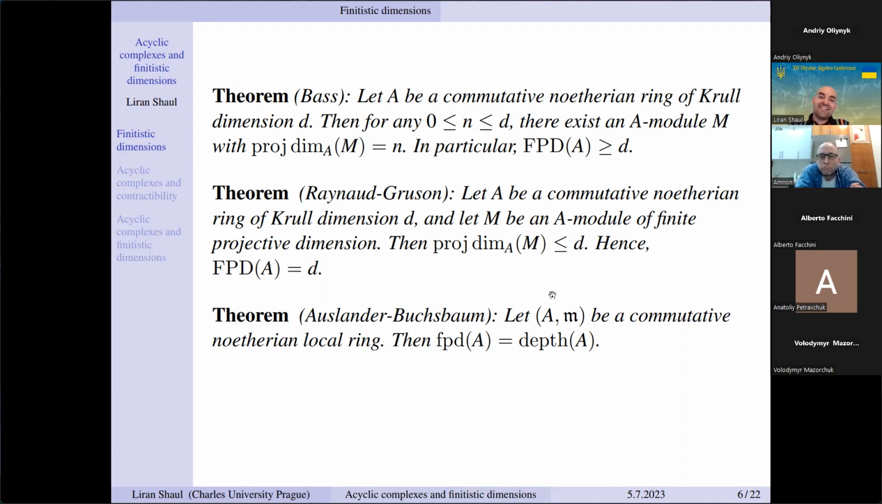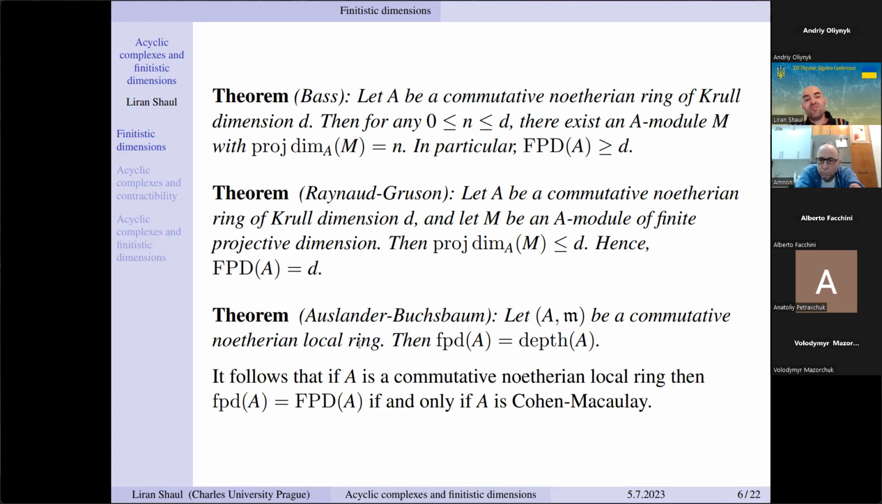And then it's nice to combine these two and ask, for a Noetherian local ring, when is the small finitistic dimension equal to the big finitistic dimension? And we see here that the big one is Krull dimension, the small one is depth. So small equals big finitistic dimension for Noetherian local rings precisely for Cohen-Macaulay rings. So this is a way to characterize Cohen-Macaulayness, a completely homological way,